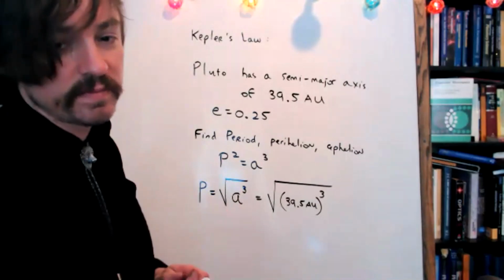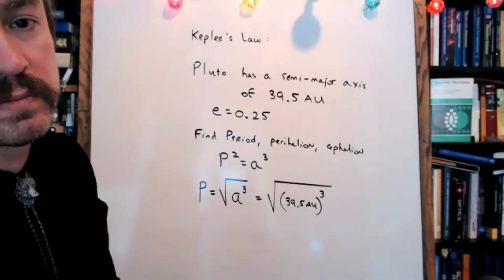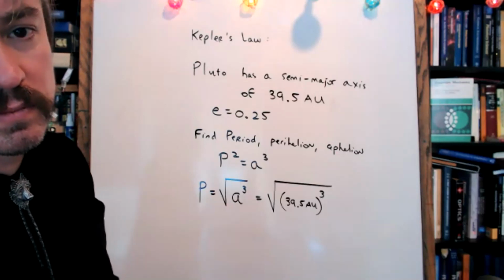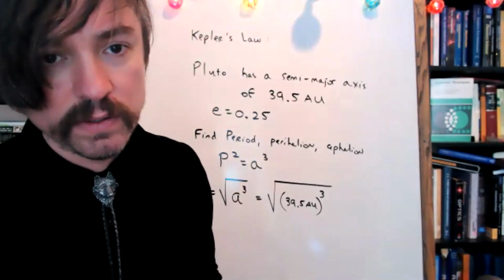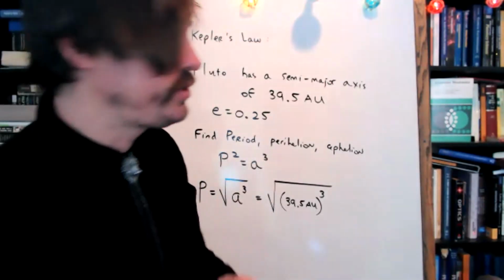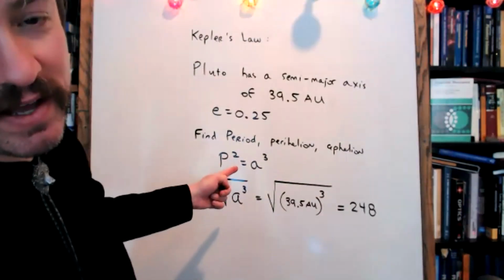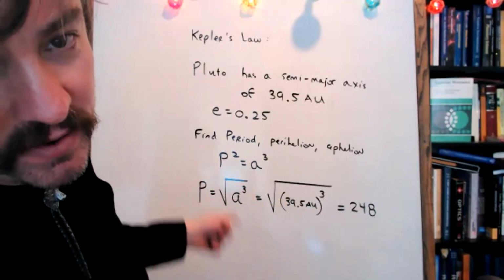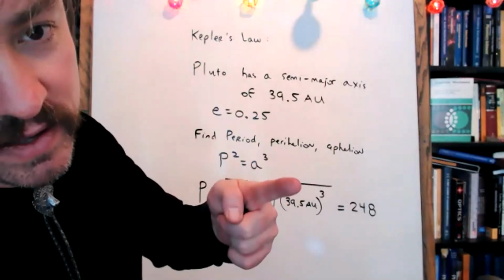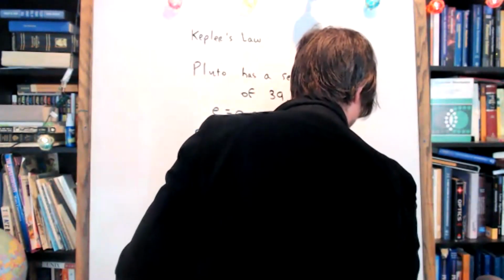How should I round my answer? It should be 3 sig figs, no? Yes, that's correct, Ian. 3 sig figs. So that would be just 248. 248 what? AU? No. This is a magical formula. It takes AU as an input, and it pumps out a period in years. Right? Yeah, okay. Put a box around that.